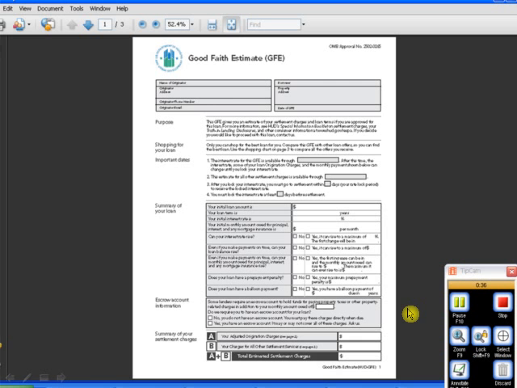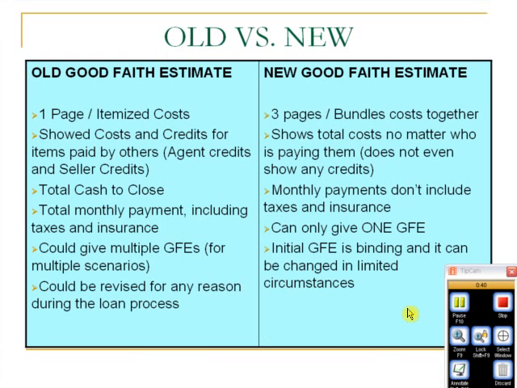Here's the old good faith estimate, and here's a look at the new one. So let's analyze some of the differences between the old and new. The old good faith estimate was one page with itemized costs. The new good faith estimate has 3 pages, and it will bundle all your costs together. The old good faith estimate showed costs and credits for items paid by others, agent credits and seller credits as an example. The new one only shows total costs no matter who's paying for them,